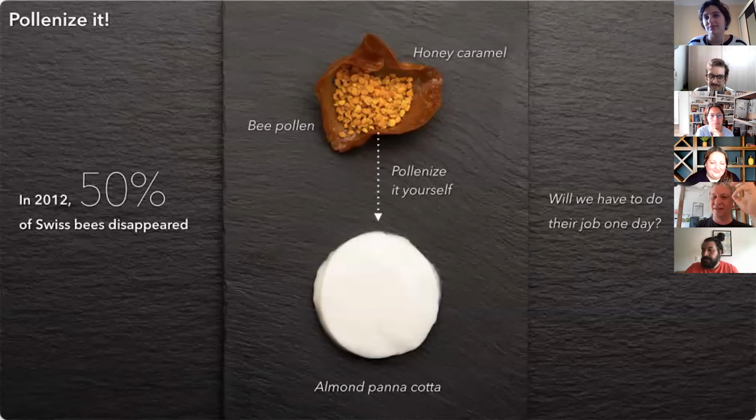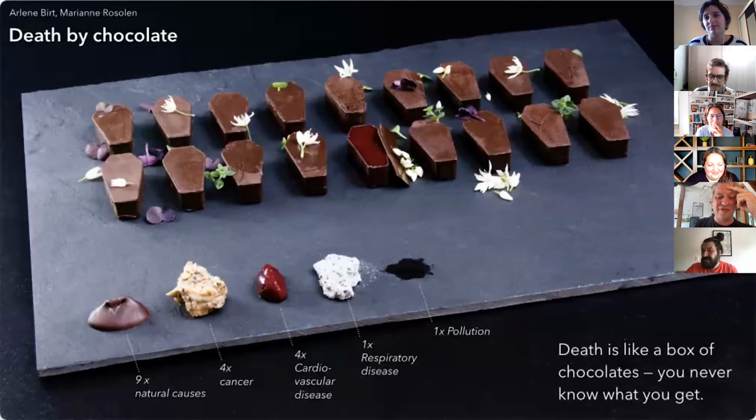This idea of leaving something broken by design is really nice. And one of my favorite outcomes is this set of death by chocolate pralines that visualizes the statistics of causes of death in Belgium in the form of small coffins. The designer made one per participant, basically. So it was a little lottery, in a sense, that everybody had to draw one and then see what you get, which is sort of morbid, but also really interesting in a sense that it's a bit what's going on.